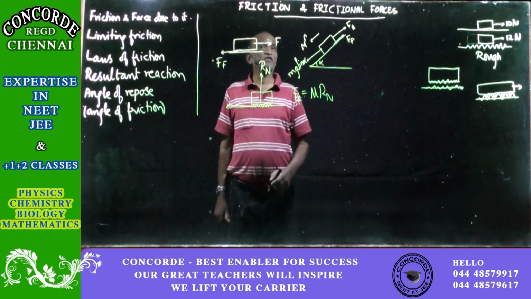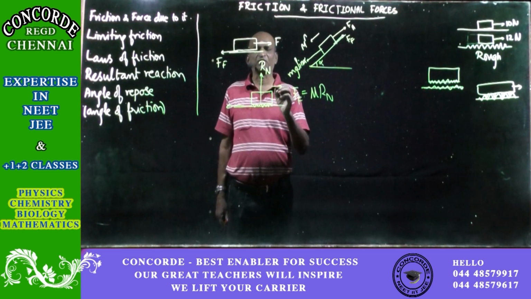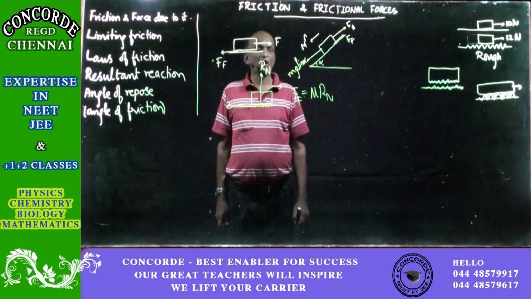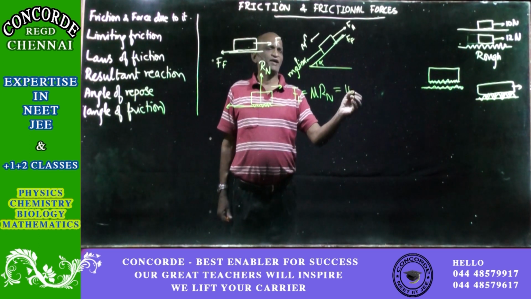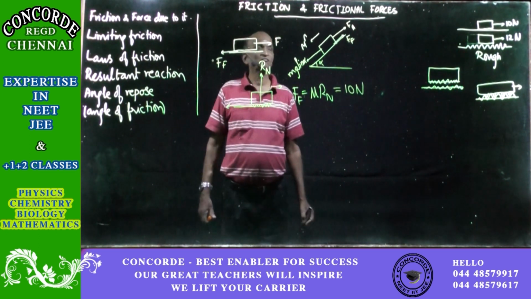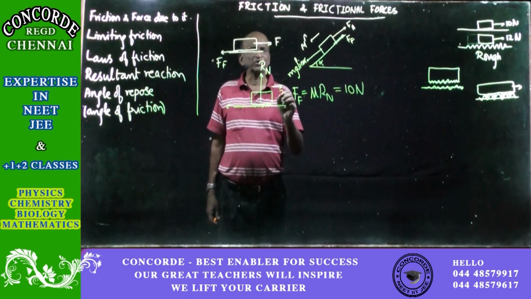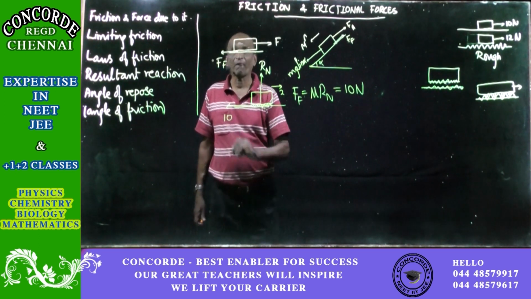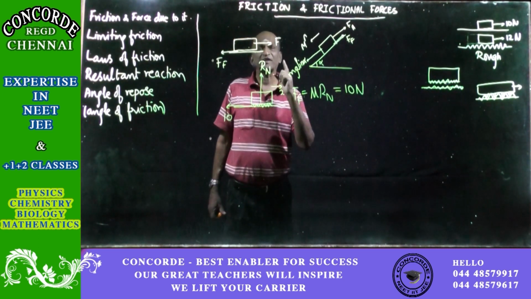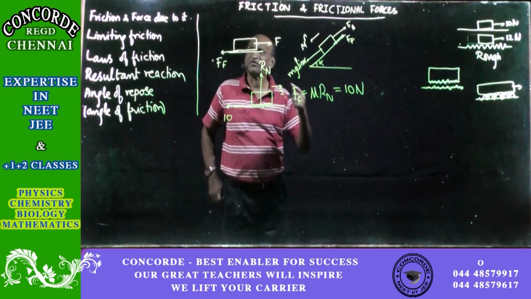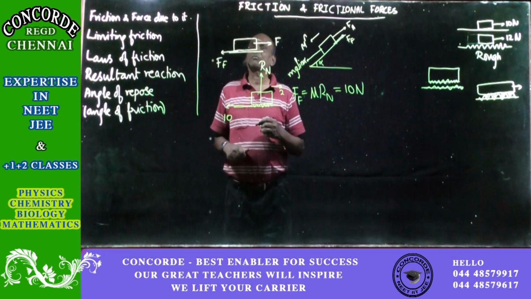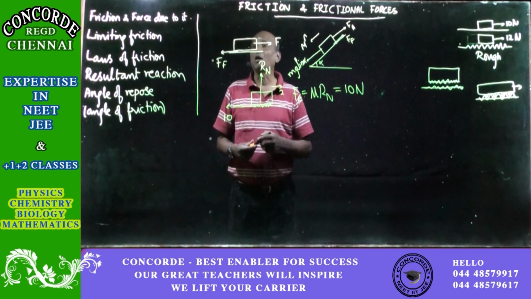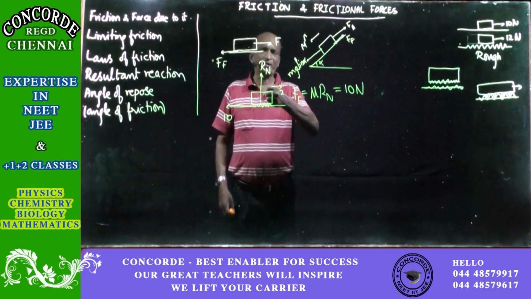See, if there is no force in the forward direction, friction also will not be there. Supposing mu into R after calculation is equal to 10 newtons. You are applying 2 newtons and the frictional force according to you is equal to 10. Frictional force is something you don't apply, which comes the natural way. Body is moving on a rough surface, at once the frictional force will also be generated. So, when I apply 2 Newton force,